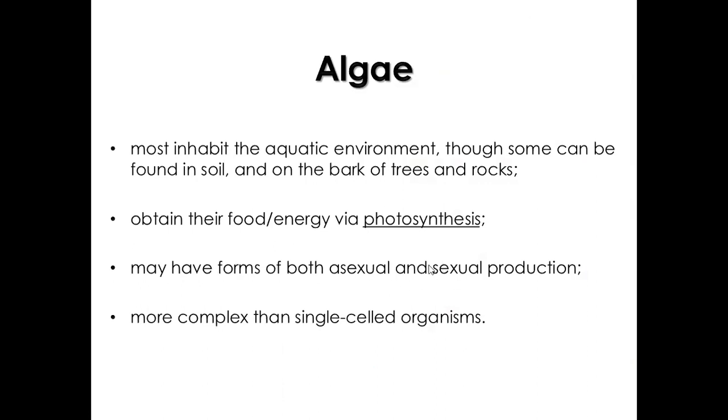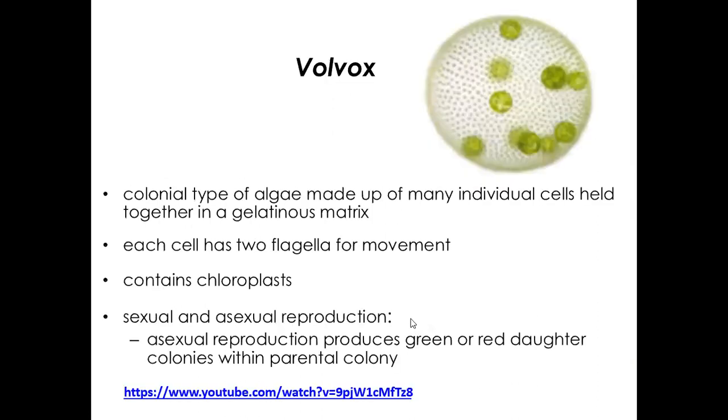They can do two forms of reproduction, asexual or sexual, but you don't have to know that. They're a little bit more complex than single-celled organisms. Okay, so let's talk about one algae here that's really fascinating. This one is called volvox, and they usually grow in these spherical shapes, and each one of these little dots